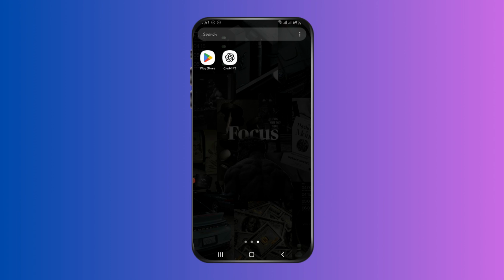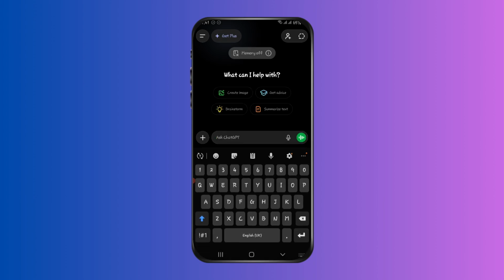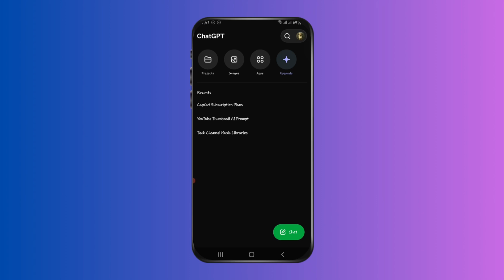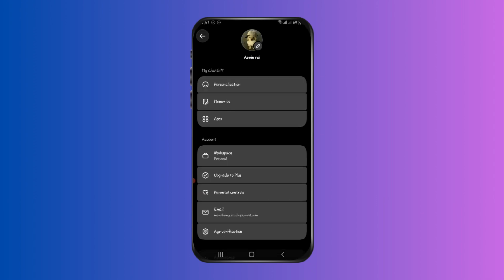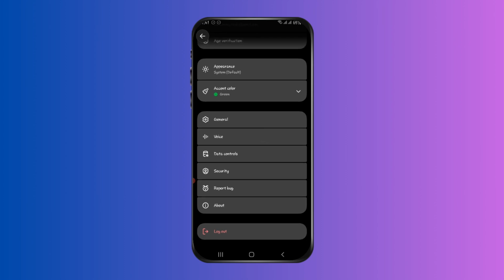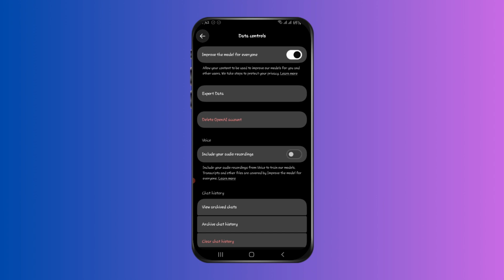So open your ChatGPT app and simply swipe it from left to right. Then go to your profile on the top corner at the right side, and then scroll down and you can see Data Controls. Click on it and scroll down,